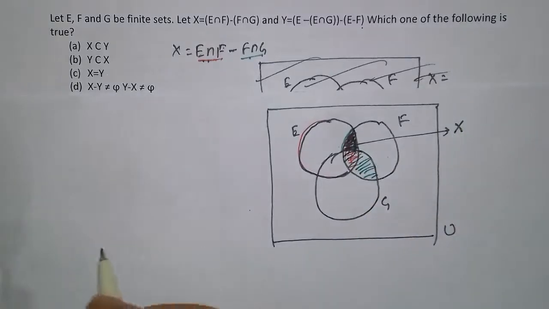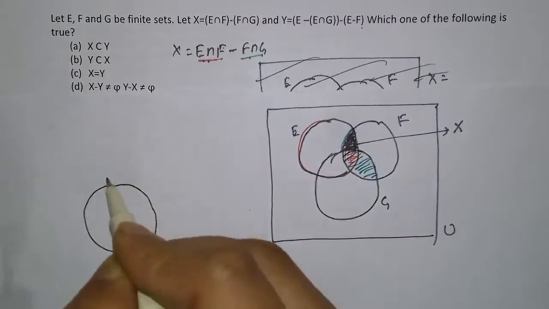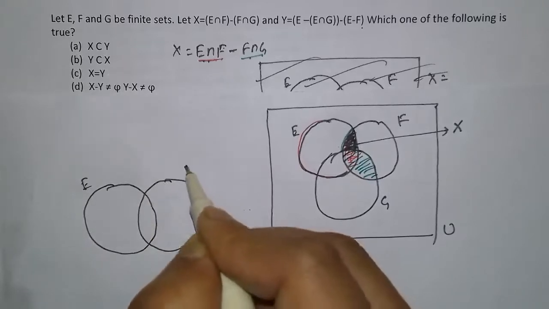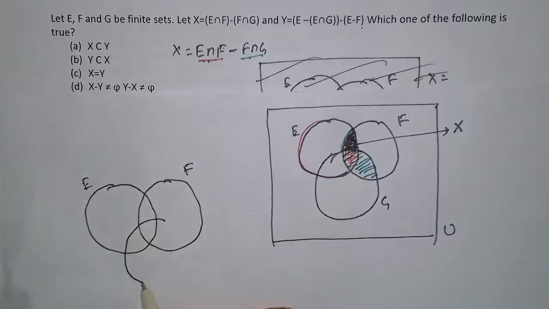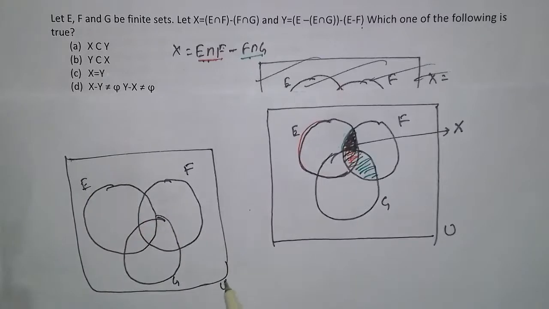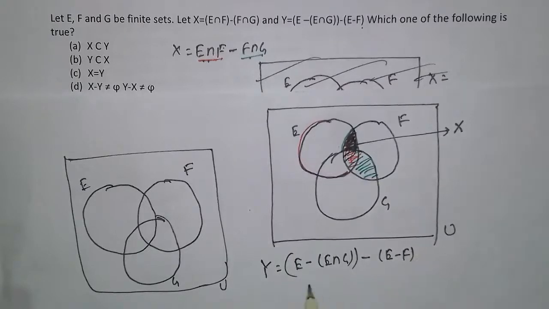Now I will draw Y, again taking set E, set F, set G, universe. Now Y is equal to E minus E intersection G minus E minus F. So